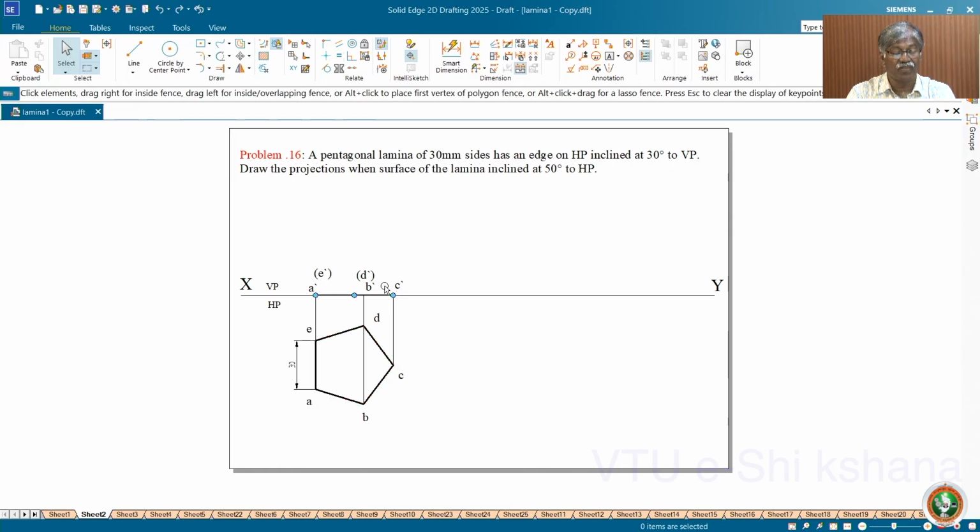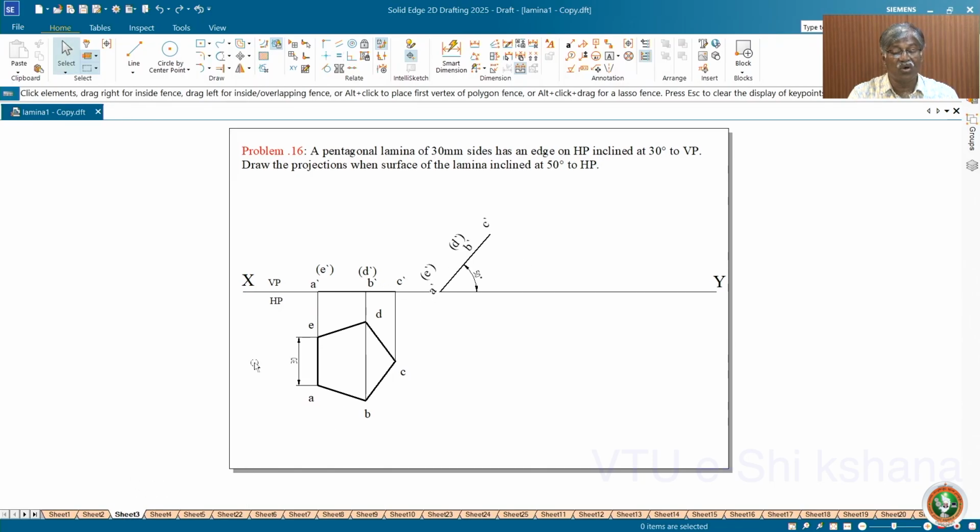Dark these two. Now once you take this, you have to give inclination to the HP by 50 degree. You must be very careful, 30 and 50. If you do it the other way around, it's a problem. Take care, inclination with respect to HP is 50. You take this front view length 50 degree to the XY line. That means you are giving inclination to the HP with respect to the lamina. So you know how to move and rotate. So this is how you get the